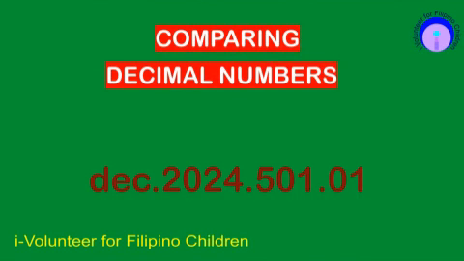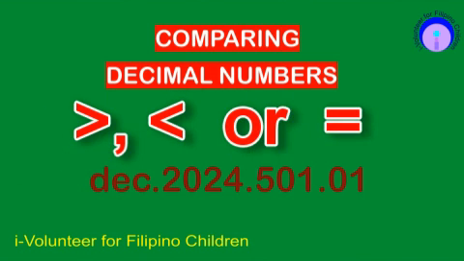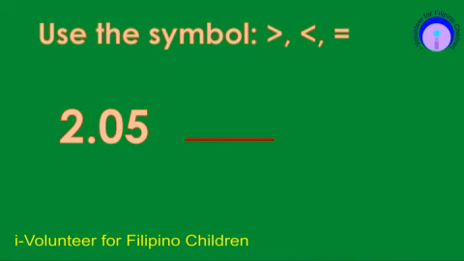Good day, kids! What we are going to discuss today is comparing decimal numbers using the symbols greater than, less than, or equal. Let's compare the number 2 and 500ths against 2 and 500ths. As a beginner, you need to understand where the decimal point is, separating the whole number